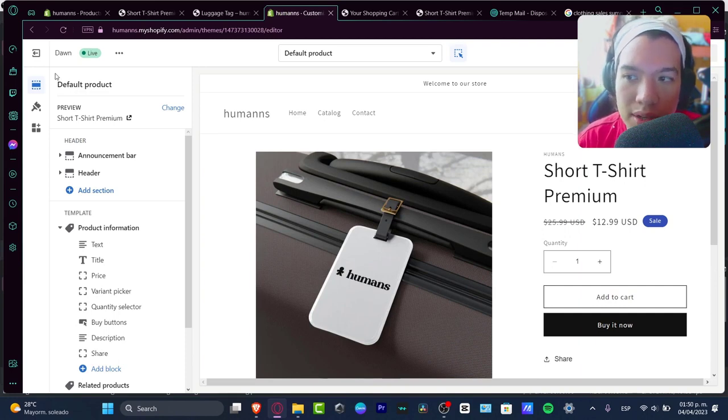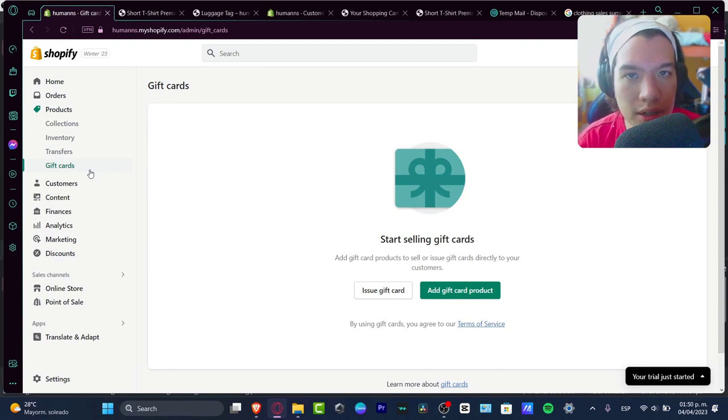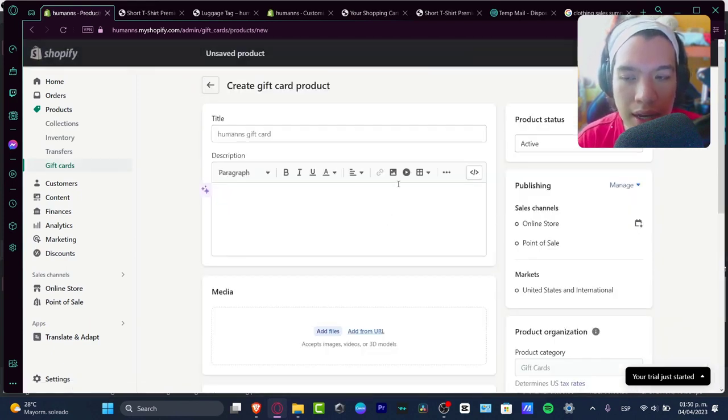So what I want to do now is to go back into my actual sections, and let's focus on the products. And here I have different ways to add a discount, whether you want to create some gift cards, or create an actual discount. So here, if I go into my gift cards, I can add a gift card product, and here I can start by